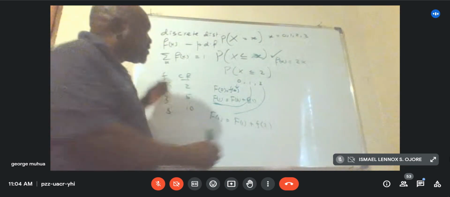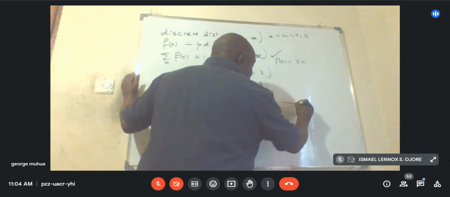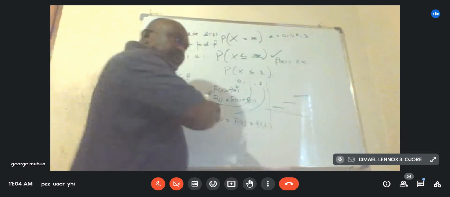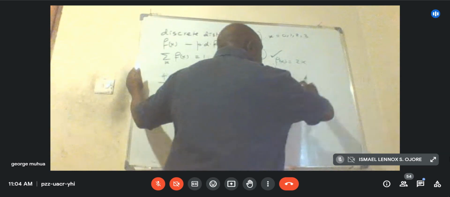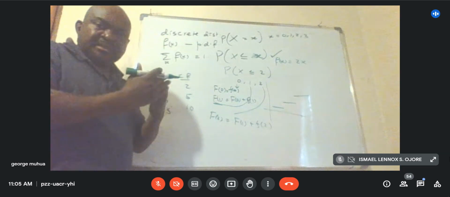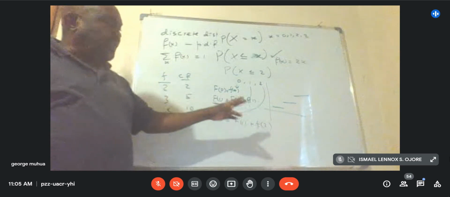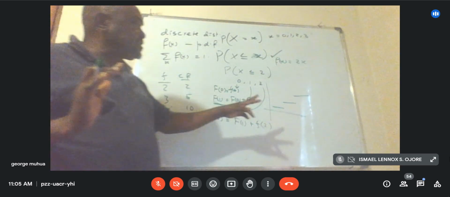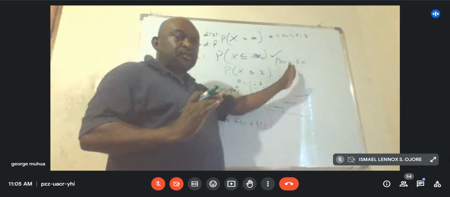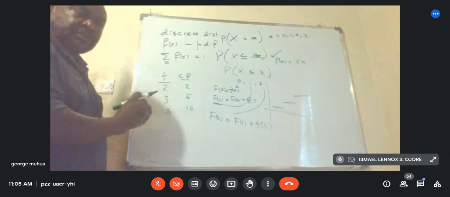It is a step function. When you plot it, you find you are moving in steps. This way, you are moving from one step to the other. So it's a step function. A continuous one would just be a curve, the way we know it. But this one cannot be a curve because you are stepping from one value to the next. So if you plot it, even in your reference, you will see it is a step function, meaning that you are jumping from one to the next. So this is how you determine cumulative distributions